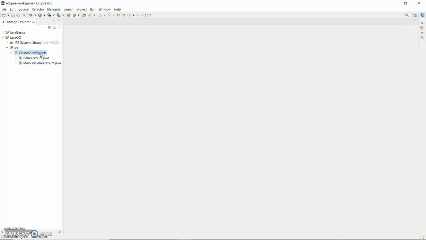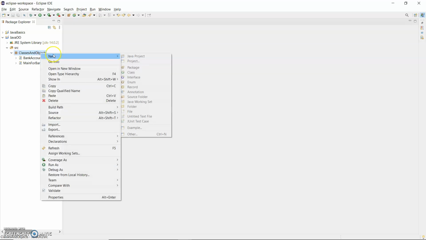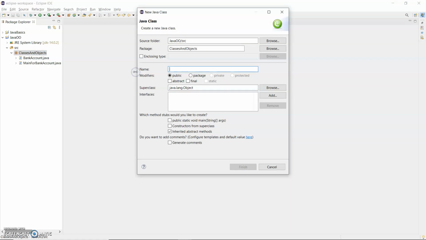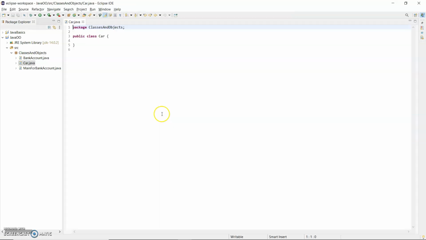I have a package here already and I'm going to click on that and create a new class. I'm going to call this car and not put anything in it there for the minute. Now, what I'm going to do is use Eclipse to generate the getters and setters that I need, the constructors